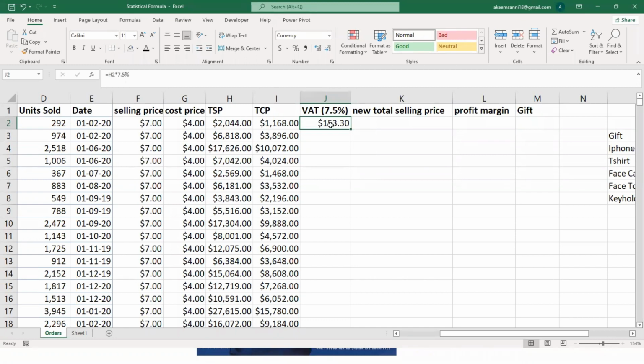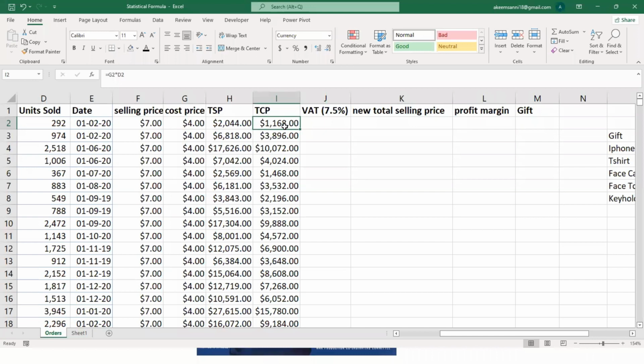So now, let me quickly calculate this again. This is the amount this person is supposed to pay. But because we have to pay a VAT to the government of 7.5%, it's not on the total cost price, because we are not paying VAT to produce.